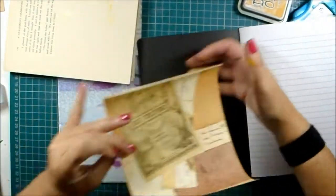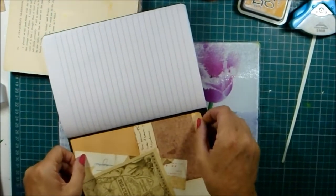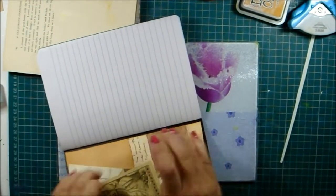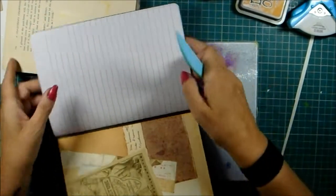But yeah, at other times of the year, I like to use notebooks like this, either that I make myself or that sometimes I've been lucky enough to have gifted to me. And yeah, it's just lovely that